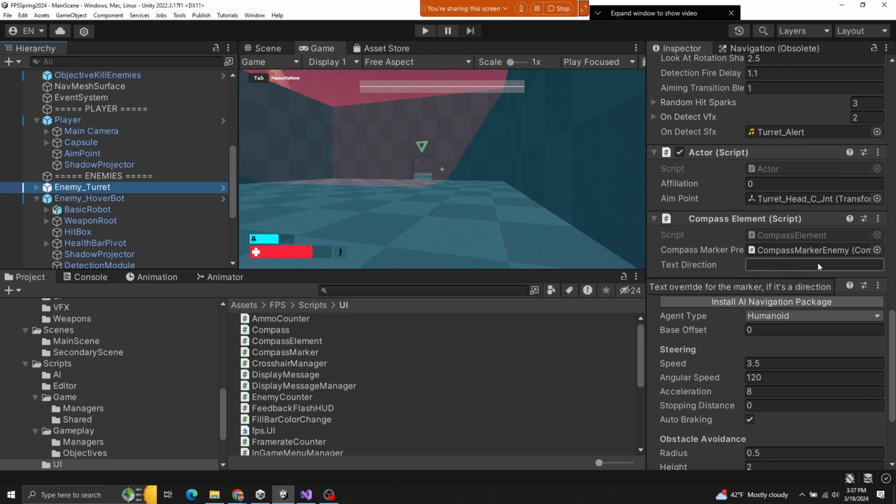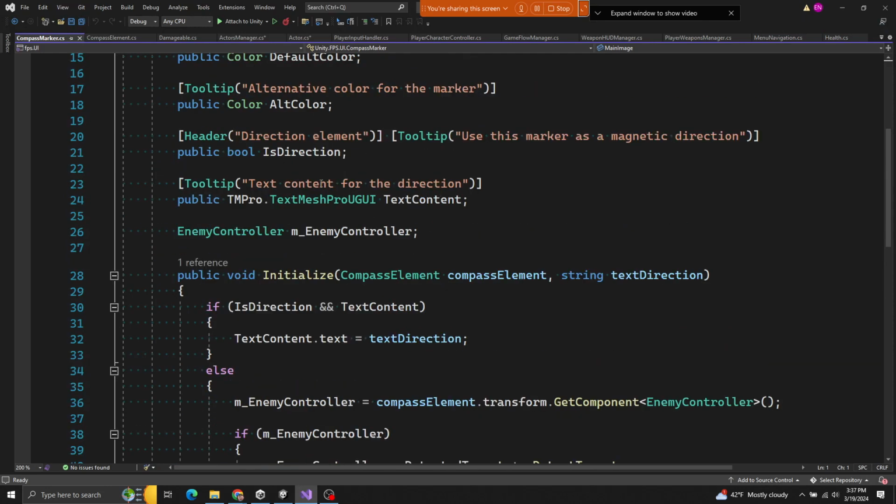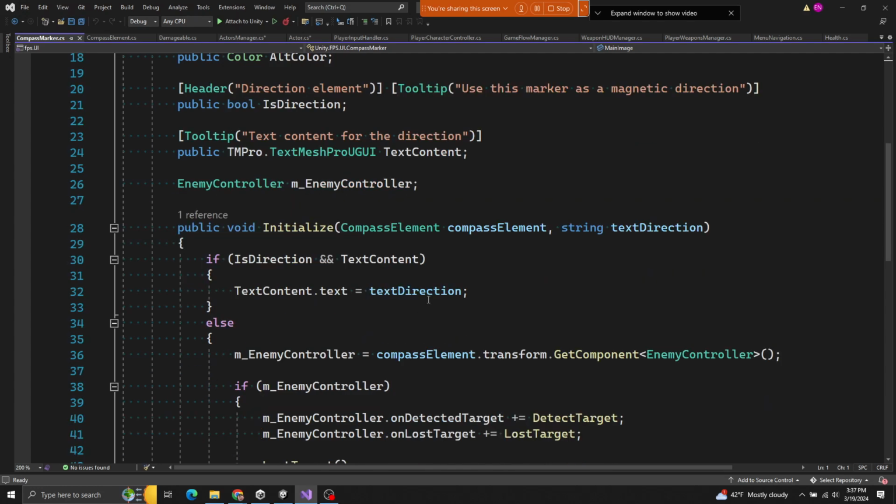So text direction's empty. Text override if it's a direction. Okay. So this is going to come in as null. Based on settings up here, use this marker as a magnetic direction in text direction. Okay, so whatever the text element is, else